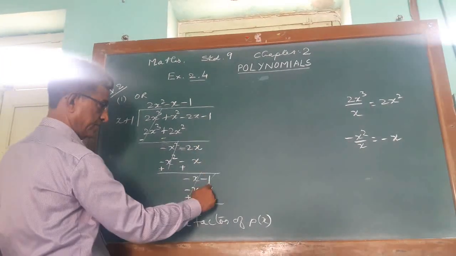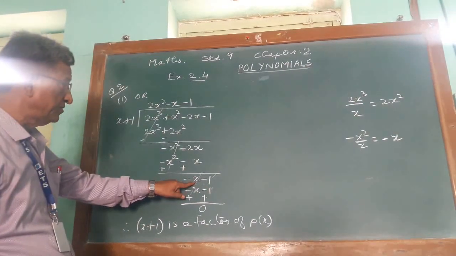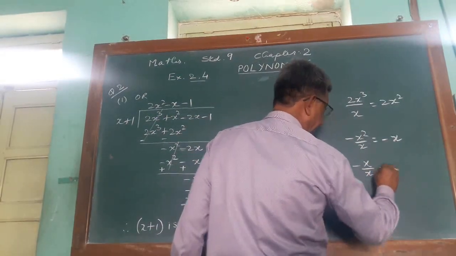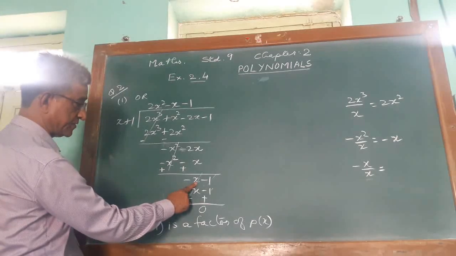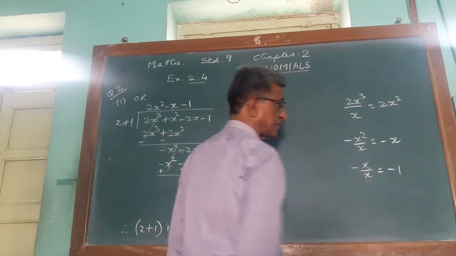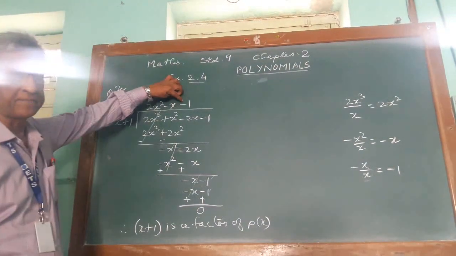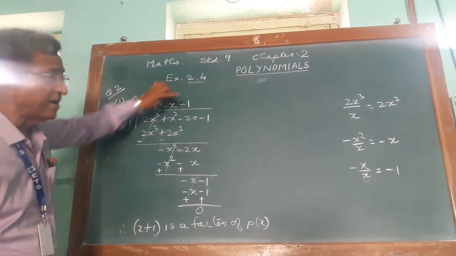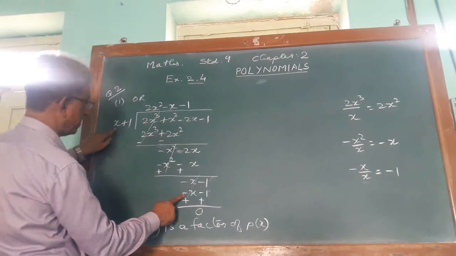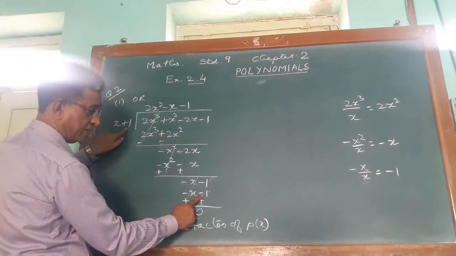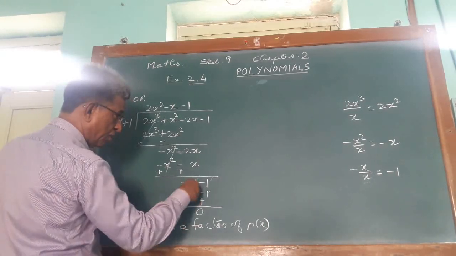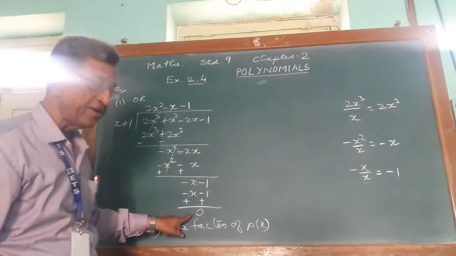Bring down this 1. Again first term divided by first term. So here it is minus x upon x, which gives you minus 1. So write that minus 1 here. Multiply by minus 1 to both the terms. Minus 1 into x, minus x. Minus 1 into 1, minus 1. Change the sign. Minus, make it plus. Both will cancel, giving 0. As you got the remainder 0,